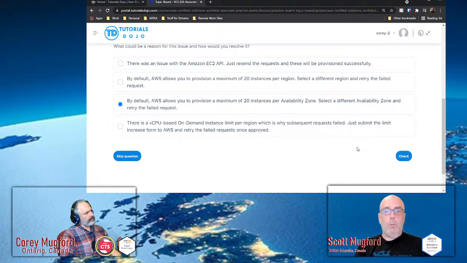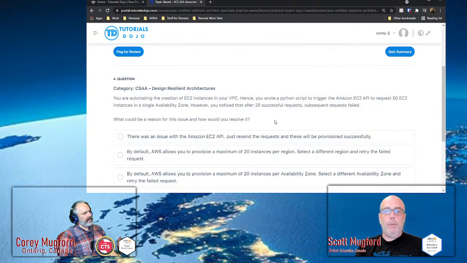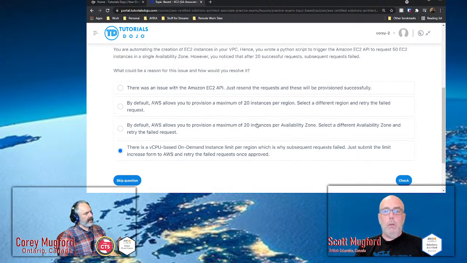I think it's the last one, but it's weird because number 2 and number 3 are just going to fail again. Or you're going to have 20 in one AZ and then one in a different AZ. That's actually a silly solution. Select a different availability zone, retry the failed request. That won't do anything.